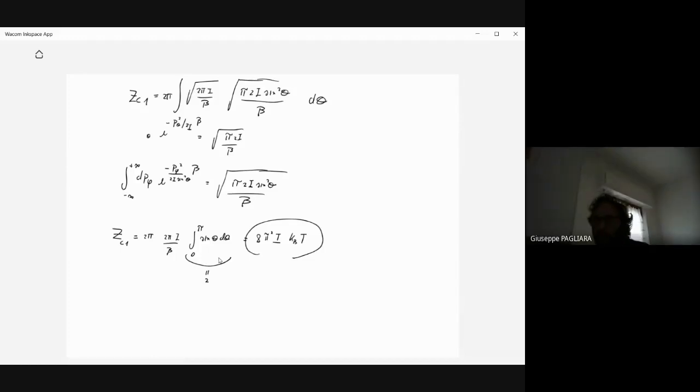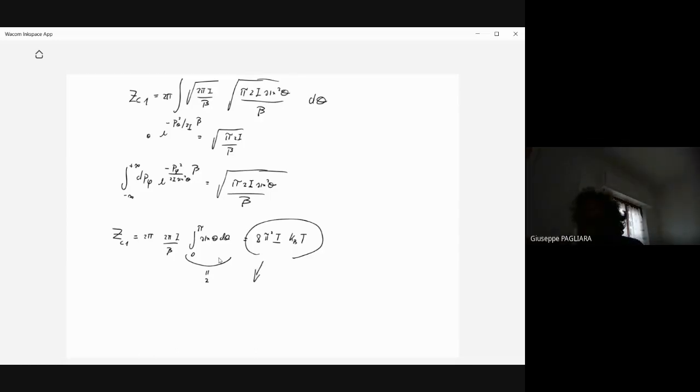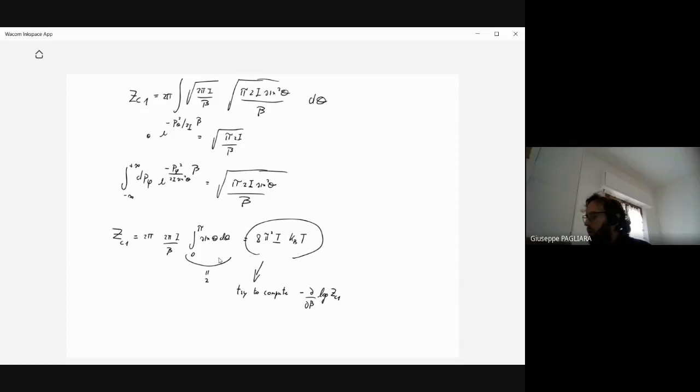So this is the contribution of the rigid rotation to the canonical partition function of one particle. Now you see from here that, and I will stop in a moment, you can try to compute minus the derivative with respect to beta of the log of Z of C1, and you will see that this will provide a contribution which is just kBT, which means 2 times kBT divided by 2. This is basically associated with the fact that, also in presence of rigid rotation, I have to integrate over quadratic degrees of freedom, which are these two, p theta and p phi, which are quadratic in phase space. And therefore, when I integrate, again by using the equipartition theorem, I will get a factor of kBT over 2 for each of them. And I stop here and continue next